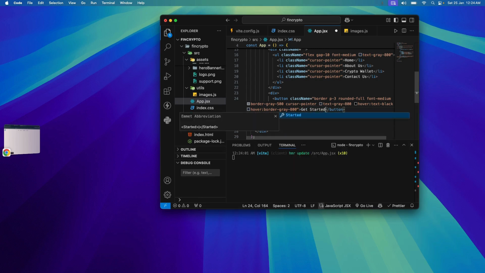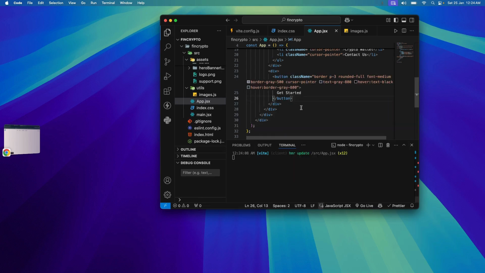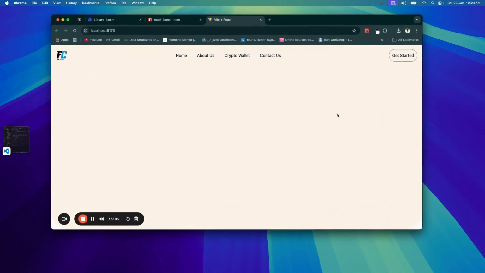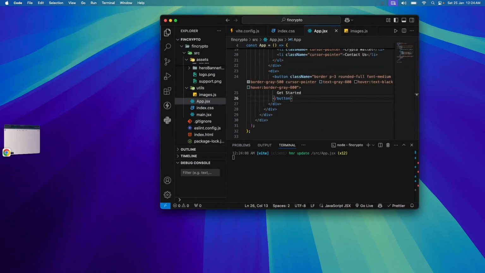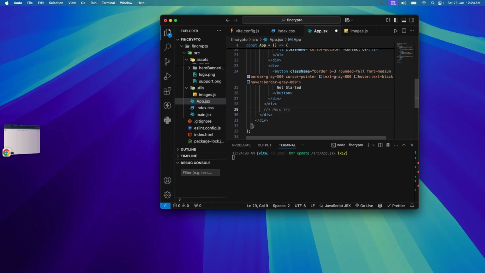Okay, so later on inside this you can write get started. Get started, and you can check our page. So you can see that this hover is working perfectly fine, and you have these menu items here, you have the logo here, right? Everything is perfect. Okay, so now we have completed the navbar, so you can leave these two divs here,